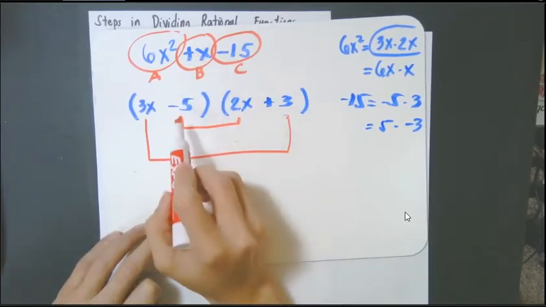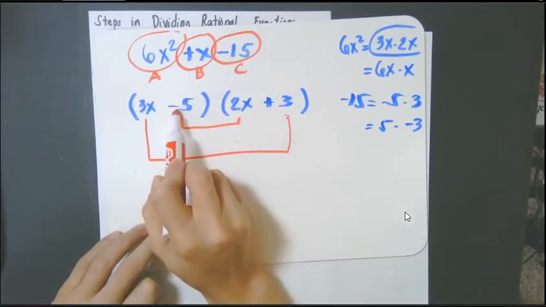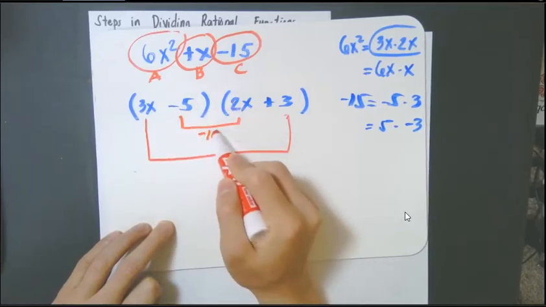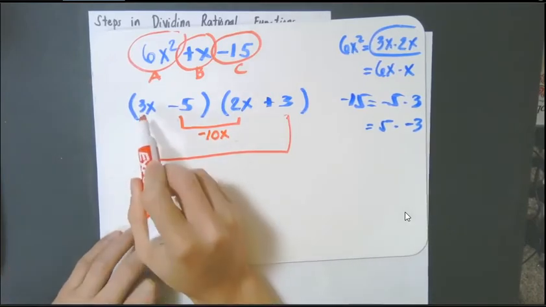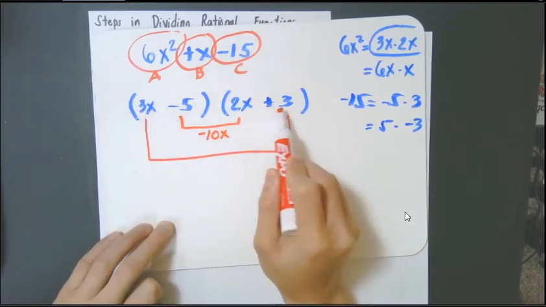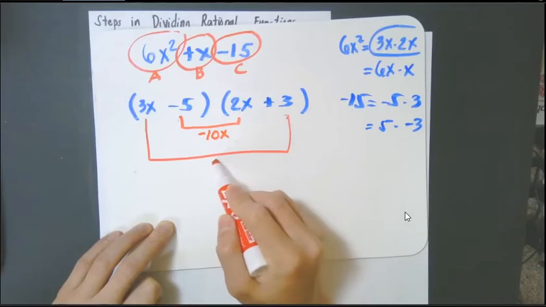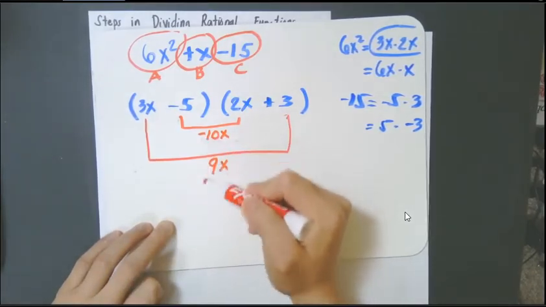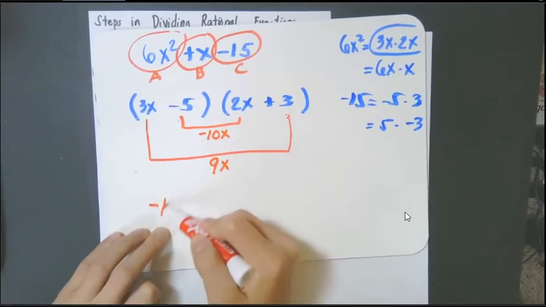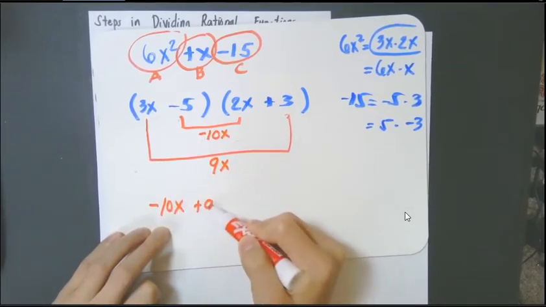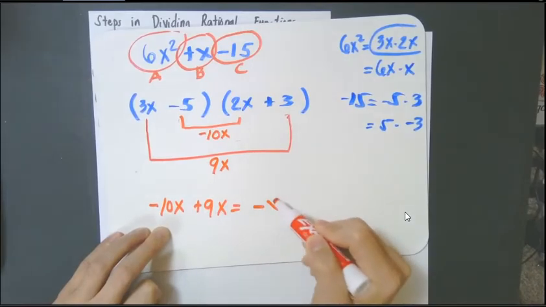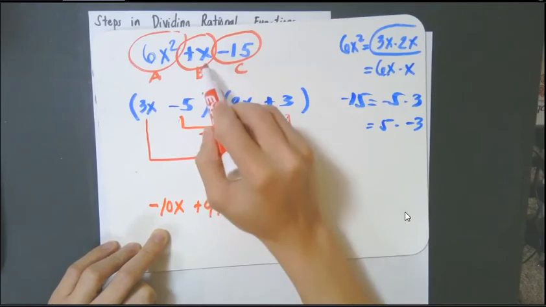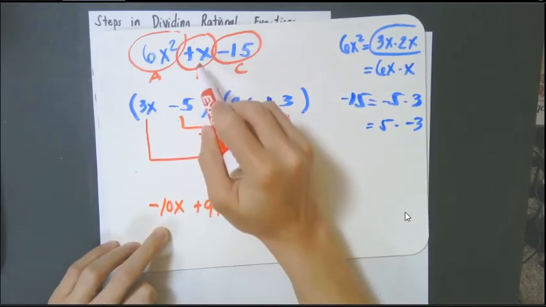Negative 5 times 2x will give us negative 10x. 3x times positive 3 will give us positive 9x. If you add negative 10x plus 9x, we get negative x, which is wrong